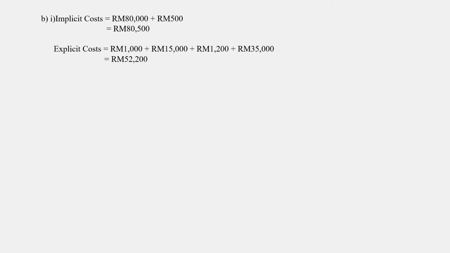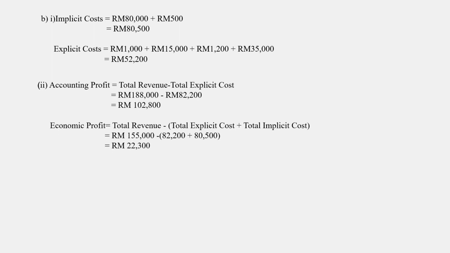Implicit cost equals 80,000 plus 500 equals 80,500 ringgit. Explicit cost equals 1,000 plus 15,000 plus 1,200 plus 35,000 equals 52,200 ringgit. Accounting profit, total revenue minus total explicit cost,